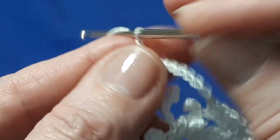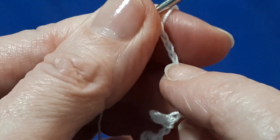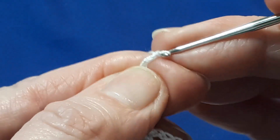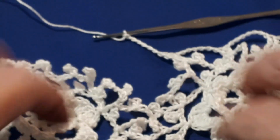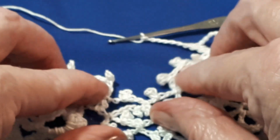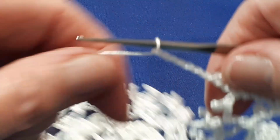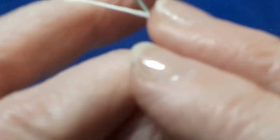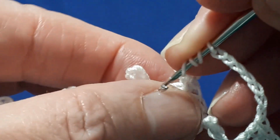And then chain 7 and repeat exactly what we did before. 1, 2, 3, 4, 5, 6, 7, and that is working into joining all these loops together. So this one, and this one. So we're going to yarn over 3 times. 1, 2, 3. Find the next double picot loop,